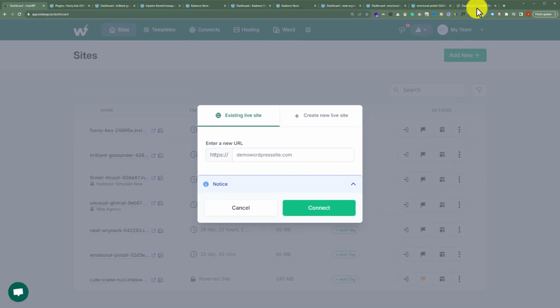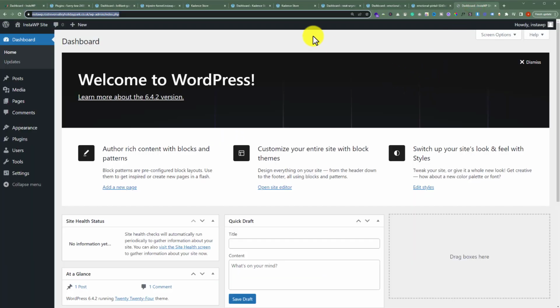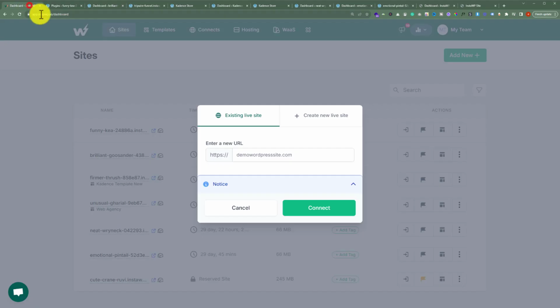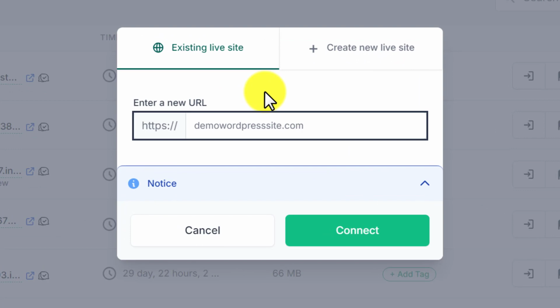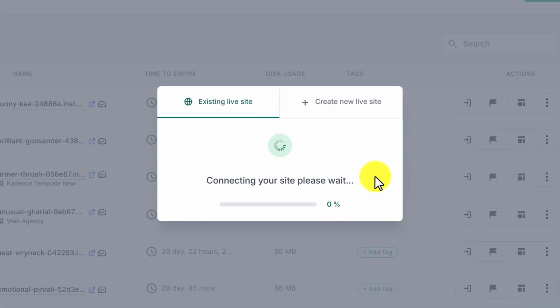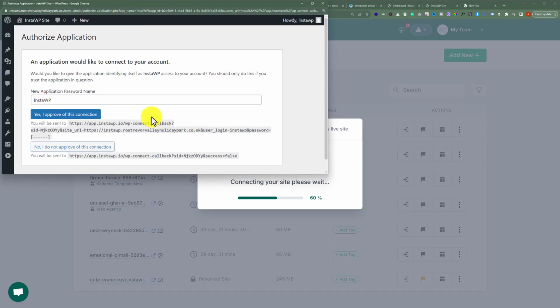So this is the WordPress website that we have created on our web hosting using our domain, and now we will move our InstaWP website to this domain. So we are going to copy the domain name of our live site, go back to our InstaWP account, and paste it here. Now click on connect, and now from our WordPress website we will select yes, I approve,